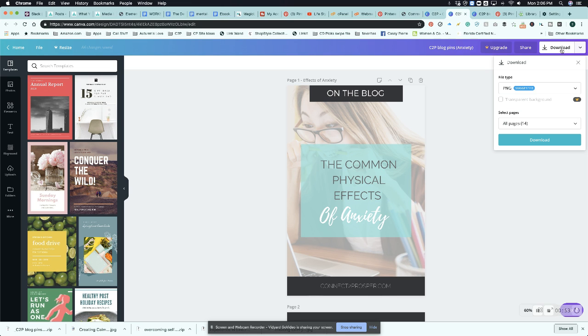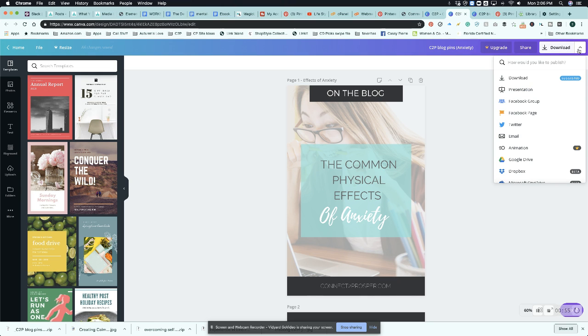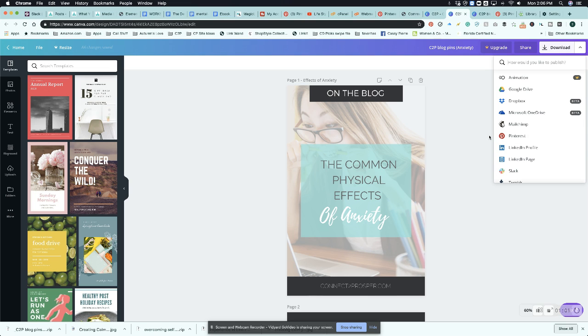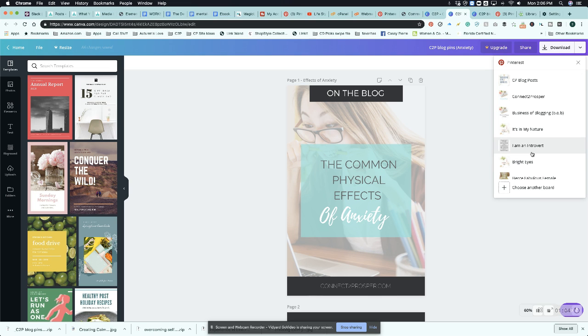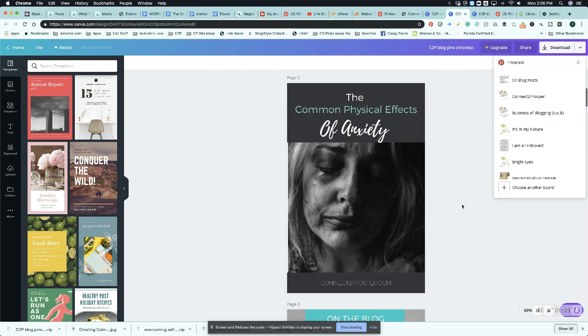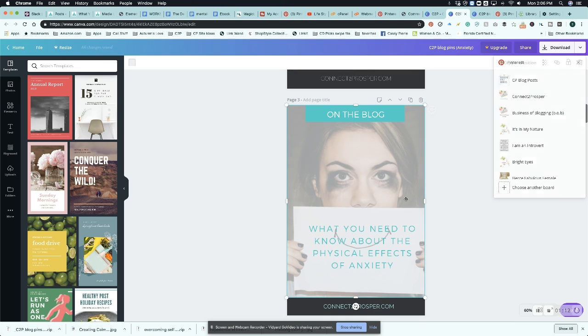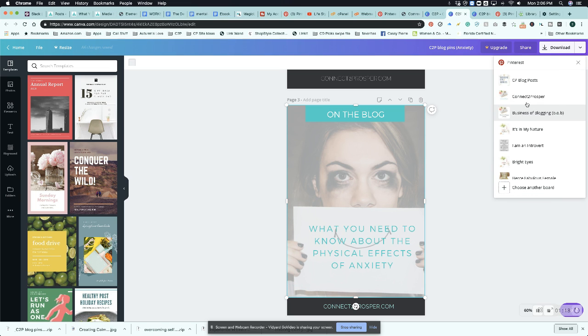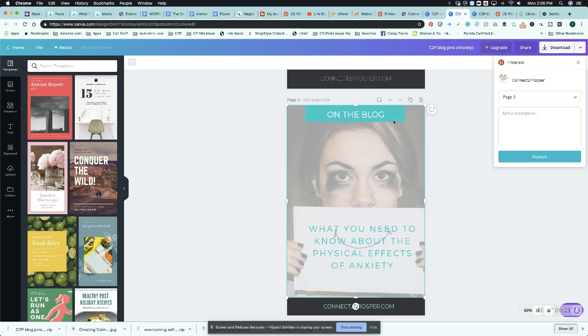When you select the download option, you would have these choices show up. Since we're going to be tackling Pinterest, this is what it looks like. In this case, I'm going to share this one to one of my boards. The board I'll be sharing it to is Connect to Prosper, because that's what it's for. And I've already written a short description